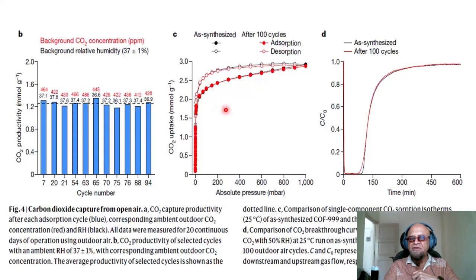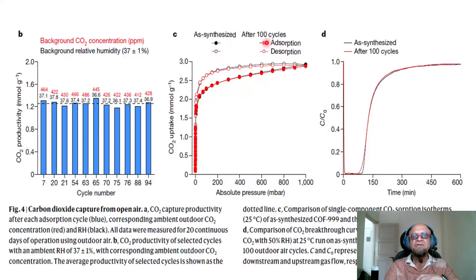C is the comparison of single component CO2 sorption isotherms. So obviously you have adsorption happening, and desorption has to happen to heat up the framework to release the absorbed CO2. So those details are given here in terms of CO2 uptake in millimoles per gram with absolute pressure, which always matters as well. So as synthesized and